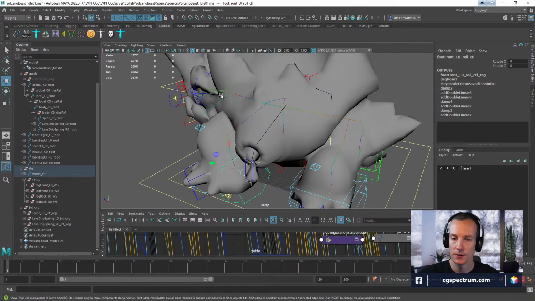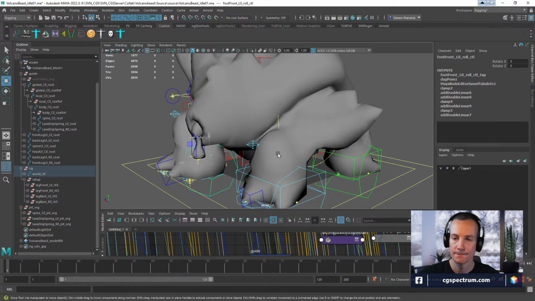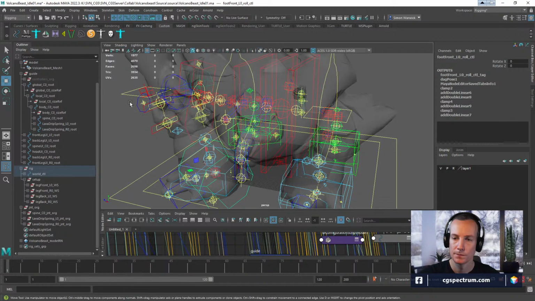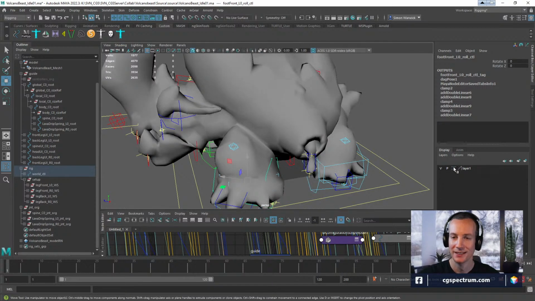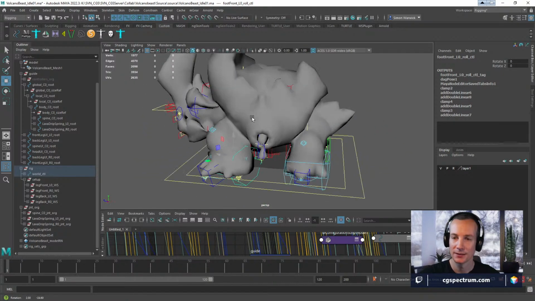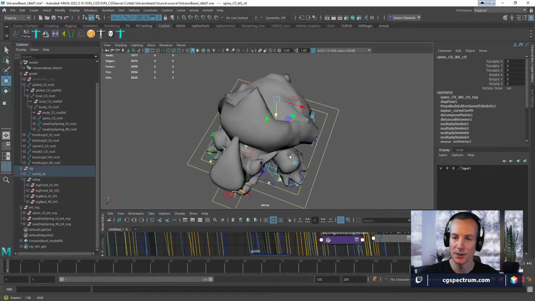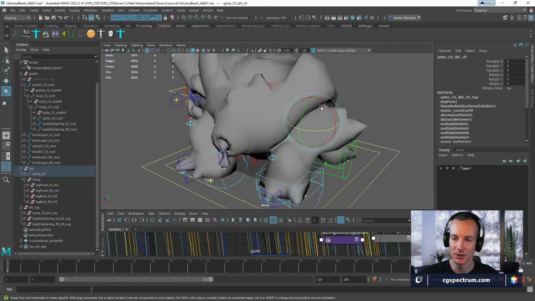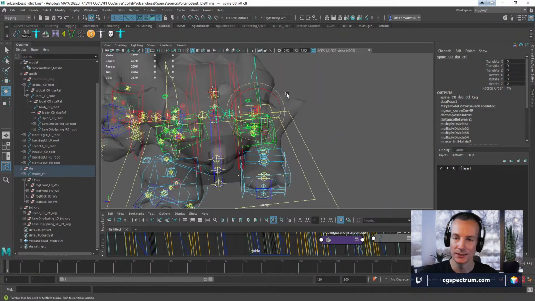So if I don't have to worry about making the character walk, I figure out a good... How do I make this so I can see controls? This is the problem. All the controls are too small still. I gotta make them super huge to get outside of this mesh. So that is a perfect example of something that needs to be tweaked still, because you can't really animate very easily like this.